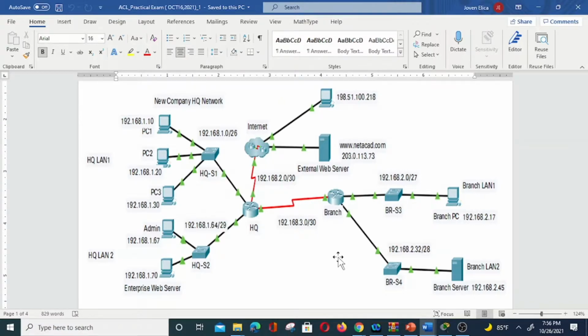If you notice, the HQ and branch routers are connected point to point, and we're going to use OSPF version 2 as the routing protocol, and we're going to set this as area 0. HQ will serve as our edge router that goes out to the internet. Okay, so the first requirement is